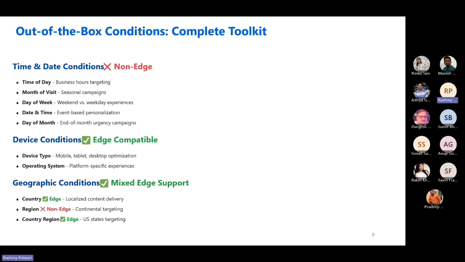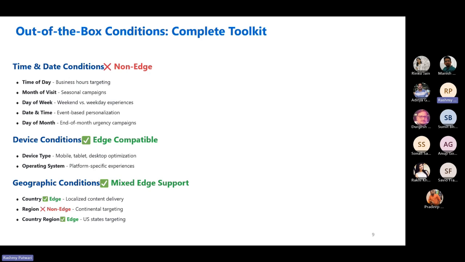The non-edge ones will require some kind of calculations, so they are not edge compatible. You don't get that real time. They won't be evaluated in real time, because they need some calculation based on server-side processing. That's why they're called non-edge ones.